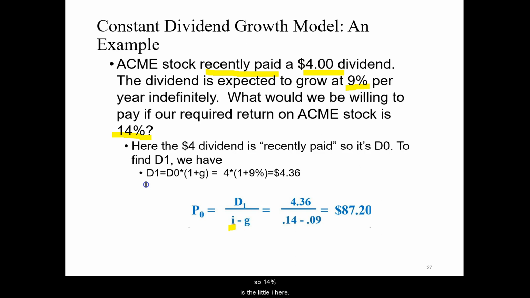In this question, based on the $4 D0 and the 9% growth rate, next year the dividend D1 is supposed to be $4 growing by 9%, which gives us $4.36. So P0 equals D1 divided by I minus g, which is also D0 multiplied by 1 plus g, and then divided by I minus g. So you see we are having 4.36 here in the numerator instead of just $4. So the final result for P0 here is